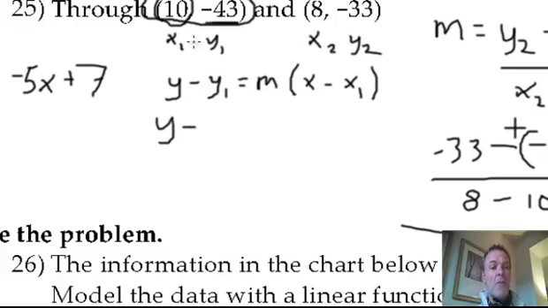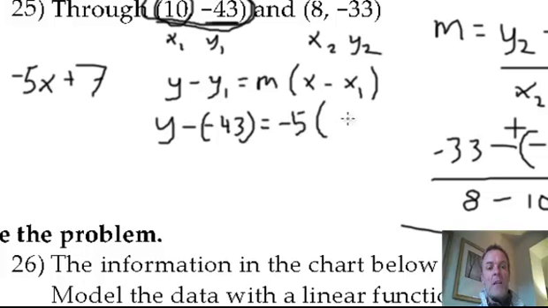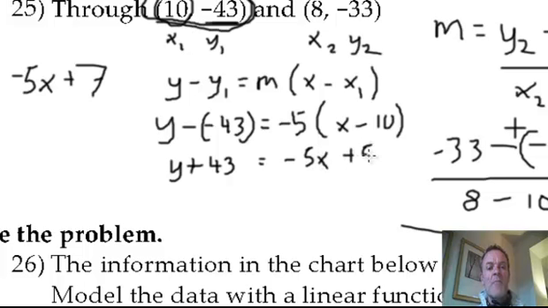Y minus, I'll go back and use this xy coordinate again, the 10, negative 43. So negative 43 is the y coordinate I'm going to use. Okay, so again, looks like I'm going to have two negatives there. Equals m, which again is down here, the negative 5. Again, x minus the x coordinate, which is 10. Again, I'm just using that 1 point. I had to use 2 to find the slope. So we have y plus 43 equals, do the distributive law, negative 5 times x is negative 5x, negative 5 times negative 10 is positive 50,